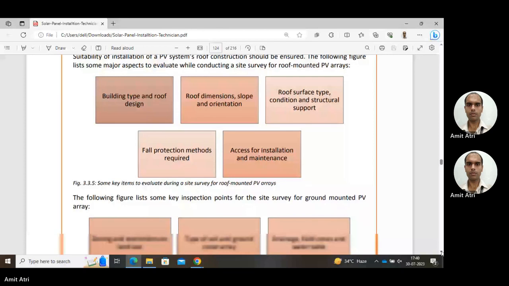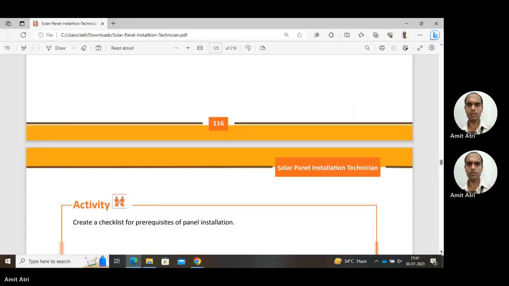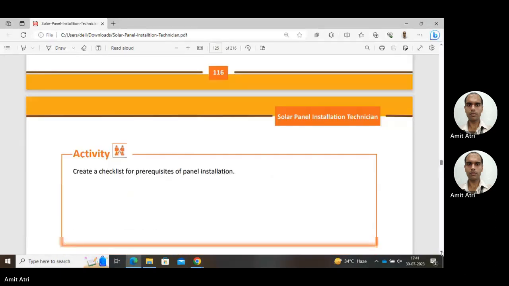Next is requirement for array foundation. The next is requirement for security and fencing. And last is access for equipment, vehicles and maintenance. So these are all factors we have to consider during the site